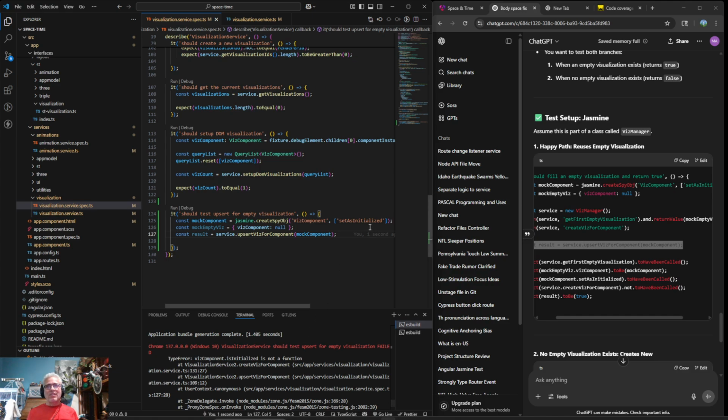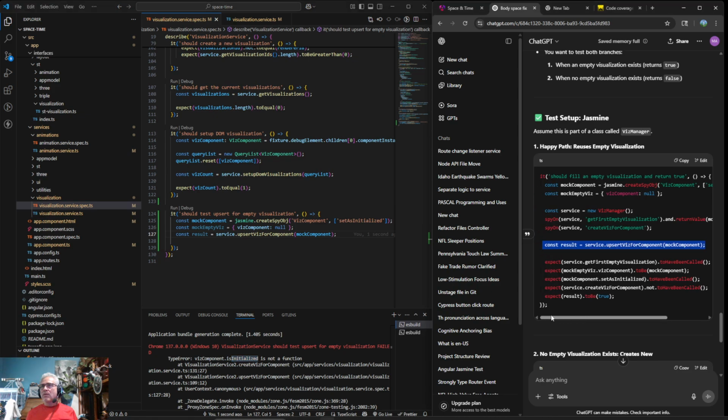It says isInitialized is not a function. Where is it? Now, am I doing anything here? Okay, so let's get this line.